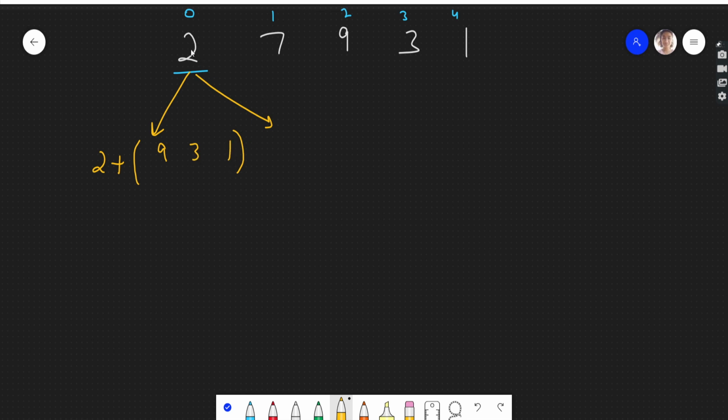The other thing we can do is, if we do not take this house, then the further array from which we can rob will be 7, 9, 3 and 1. What we have to basically do is see whether this path or this path gives us the maximum answer. If this path gives us the maximum answer, we will take the answer from this path. Otherwise, we'll take from this. So let's expand it further.